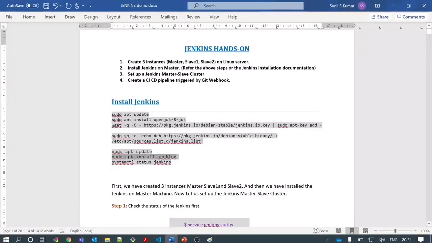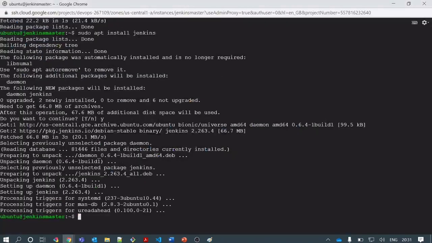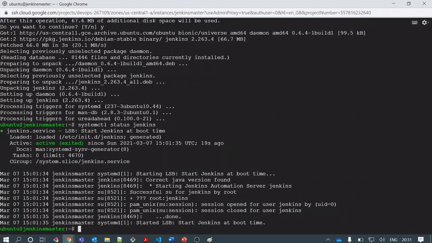Once it is ready, I can start my Jenkins service. Actually, the installation should automatically start the Jenkins service, and we can check the status using systemctl status of the Jenkins service. So let's see. This shows active.